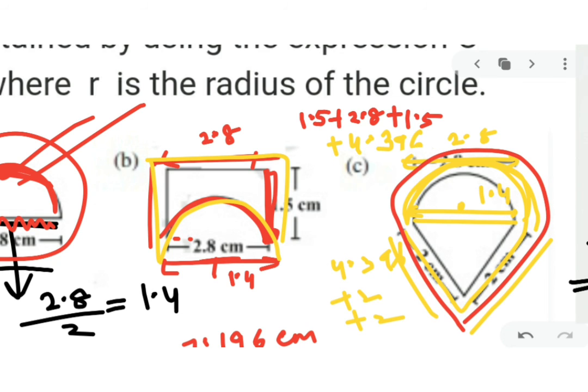So we are in a way finding out the circumference of all three structures, and from there we'll get to know that figure B will take a longer time, because figure B's distance, if you notice, will be longer. You add and see, and you will get B as the longest circumference. So the ant has to go the longest perimeter. So the ant has to go a long way to carry the food or to get with the food.